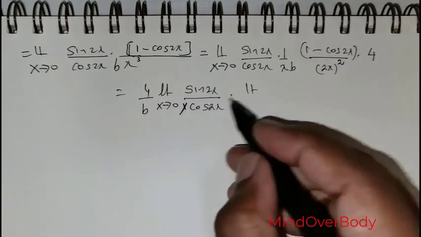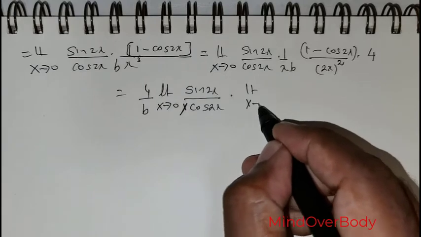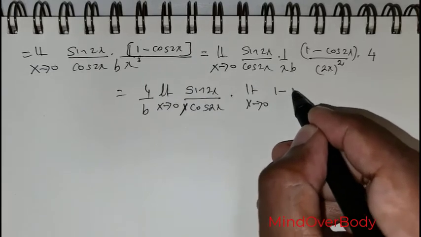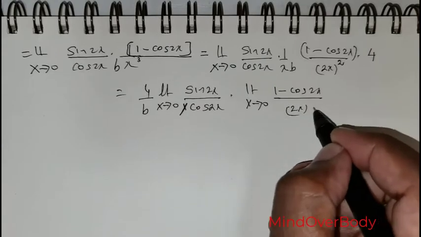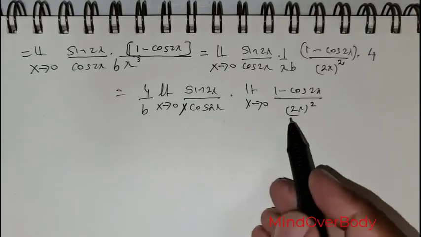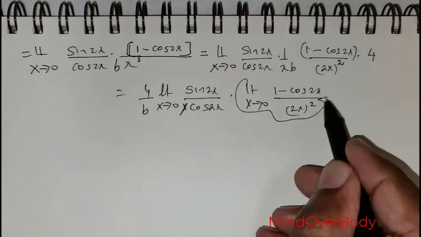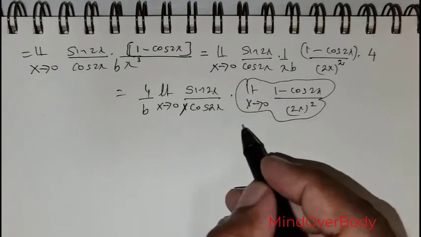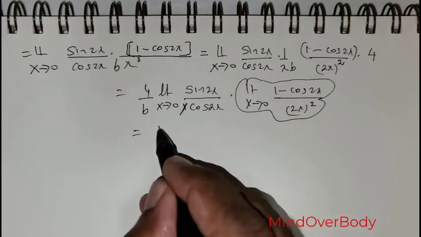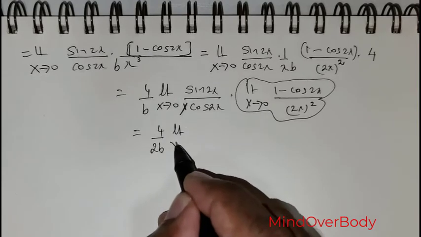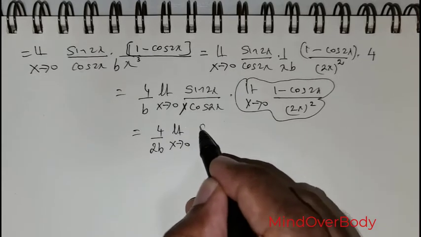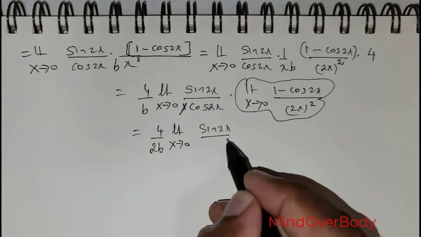Limit of the product is product of the limits, so limit x tending to 0 of 1 negative cos 2x divided by 2x raised to the power of 2. So this appears fine. Applying limits for this term, this would lead me to 1 over 2. So I can rewrite this as 4 over 2 times b limit x tending to 0 of sine 2x divided by